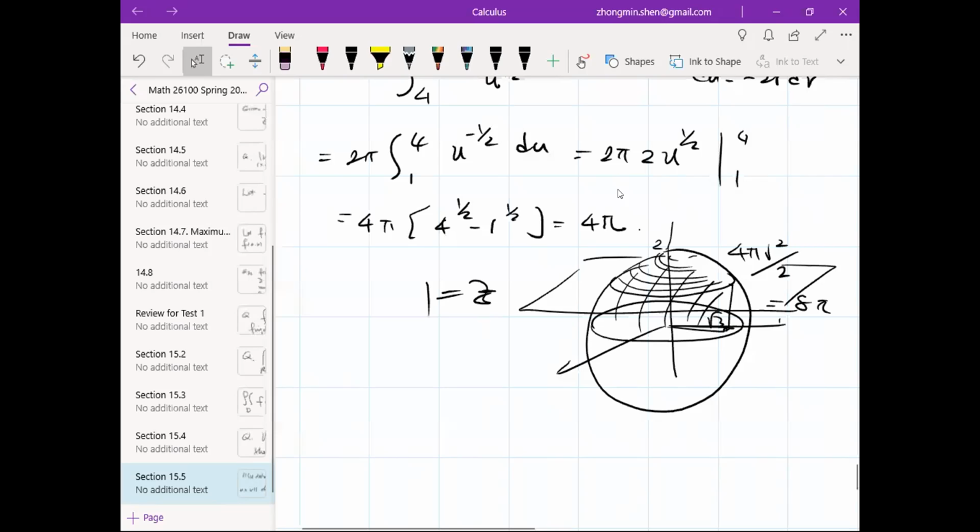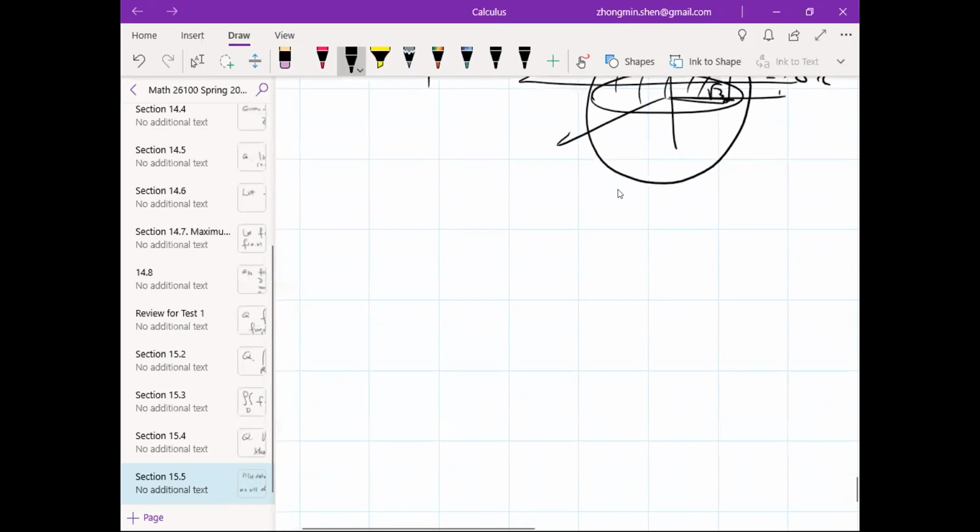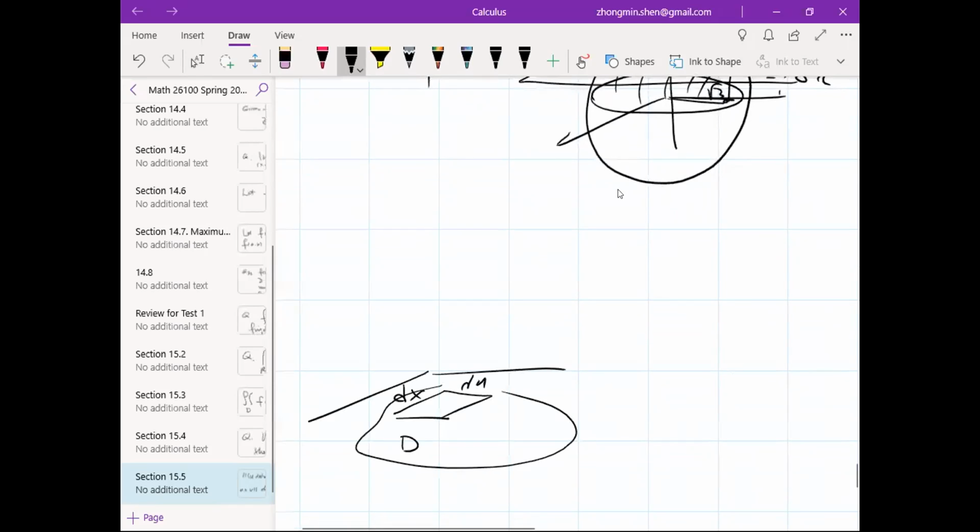But I talked too much, and finally, I just want to emphasize how I get the surface area. Let me talk about this. I just draw one small piece here, D. This is a domain D, right? This is a dx, that's a dy, and how does the surface look like? Here's the surface, okay? The corresponding piece is here. And the area of that piece is approximated